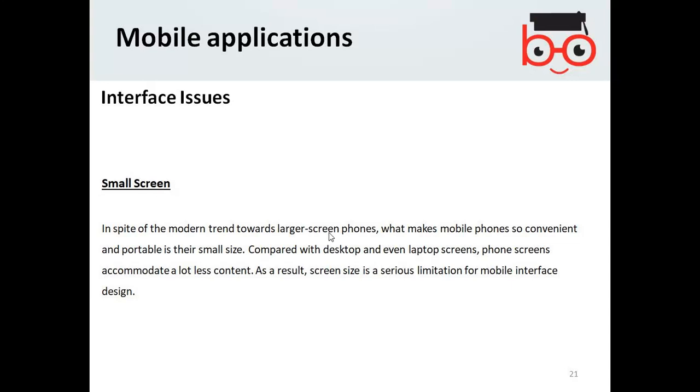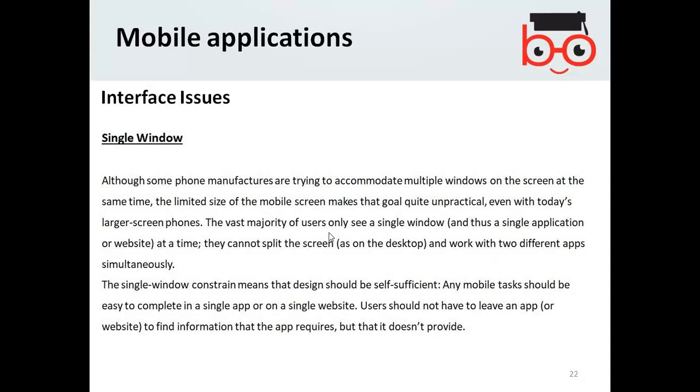Now, single window. Obviously your mobile cannot run more than one app at a time. That's also a problem. Normally on a computer with Windows, you can run two browsers and a few applications, but unfortunately apps run one at a time. But probably not later, very soon, your apps will be running on the phones and you can minimize them.